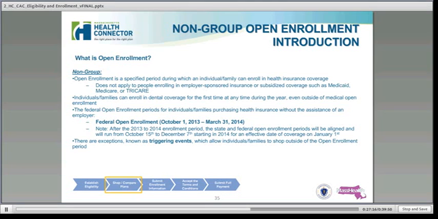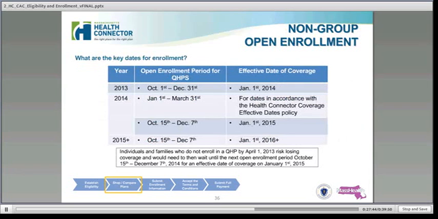This may be something that we haven't spent a lot of time on in the past. So what is minimum essential coverage? Minimum essential coverage is the minimum standard of coverage to comply with the ACA and the individual mandate. To be eligible for non-group subsidized coverage, enrollees must not have access to minimum essential coverage. Access to MEC will prevent an applicant from receiving federal and state assistance, and access to MEC can be defined in two ways.